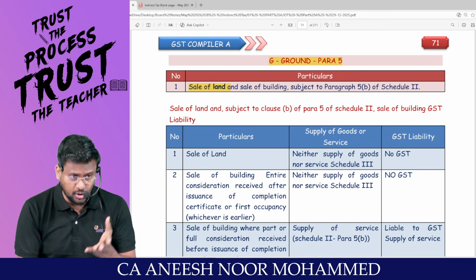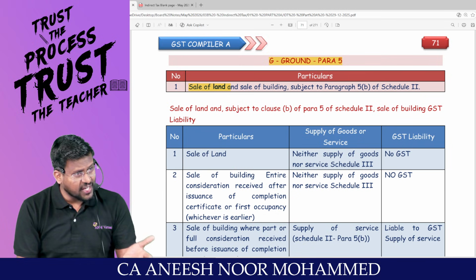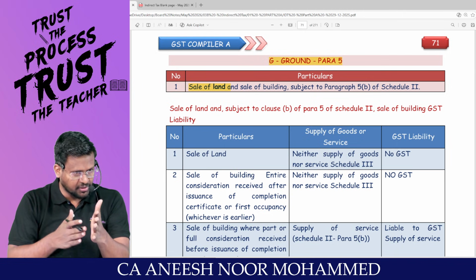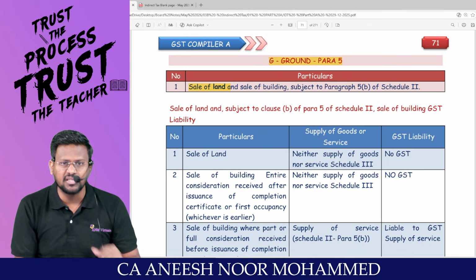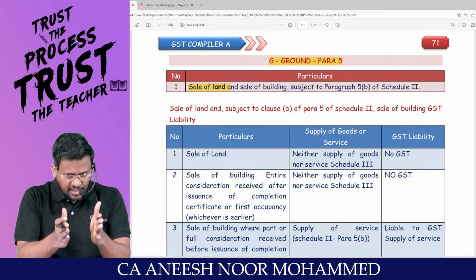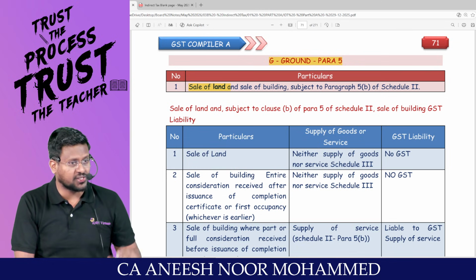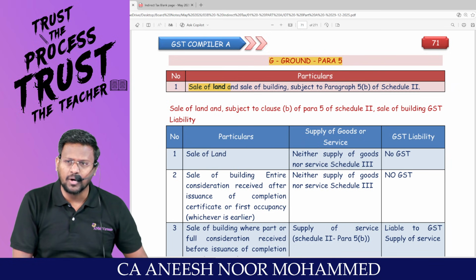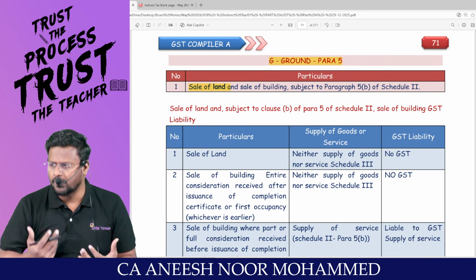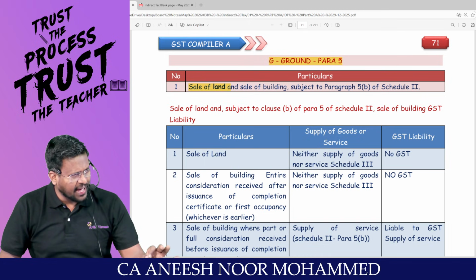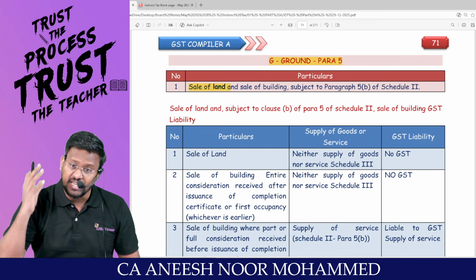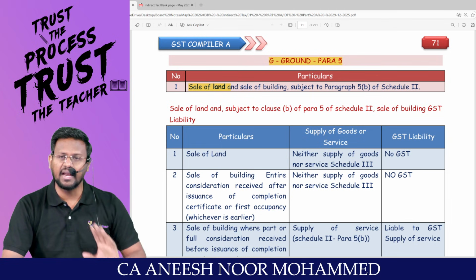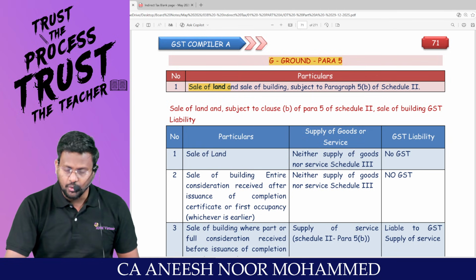If you charge GST on land, just think logically, how many times on the same land will you be charging GST? One person sells the land for 1 crore rupees to another person. Sir, the seller would have collected 18% GST. Am I right? The recipient will sell the same land in future for 1.5 crores to another person. Sir, on the 1.5 crores, again GST will be levied at the rate of what percentage? 18%. So the government is saying that on land we are already getting the stamp duty, so we don't want GST. Let everyone purchase and sell the land. It is neither supply of goods nor supply of services.